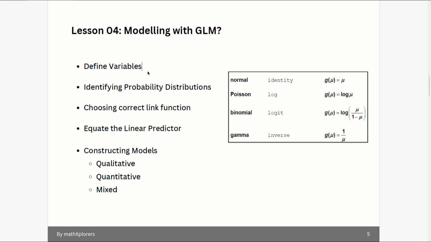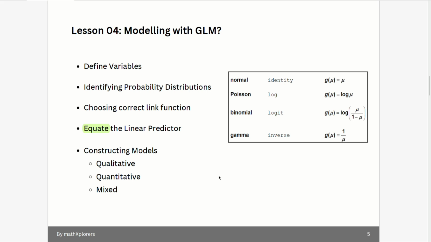Once we have defined our variables, we analyze the dataset and identify the distribution our data follows. Based on the distribution we identify, we make a choice of link function, which will help us transform our dataset. Since we have a rough idea of our variables, we will set them in a basic regression equation template, and then we will denote the right-hand side as a linear vector eta.